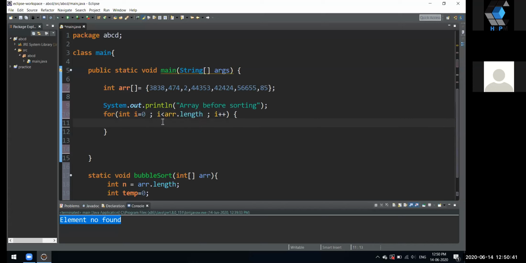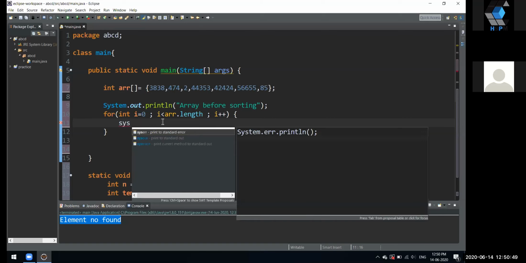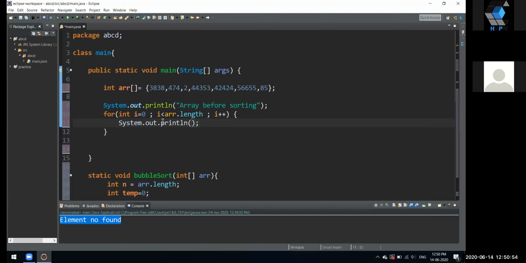So we wrote this for loop for printing our array. And in System.out, we'll just print the unsorted array first, and after that give it a little space so that the numbers don't stick to each other.